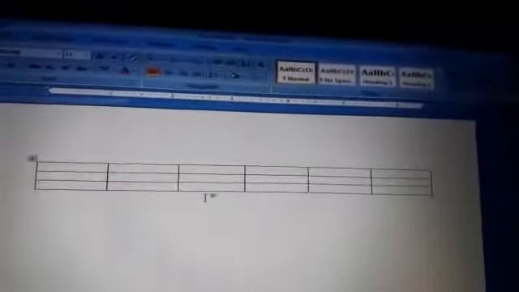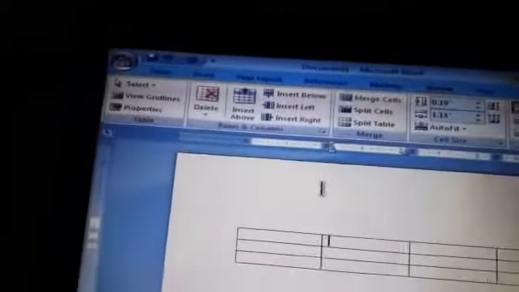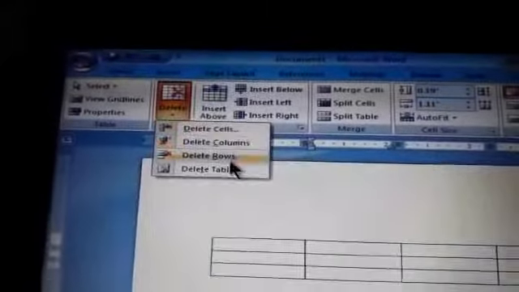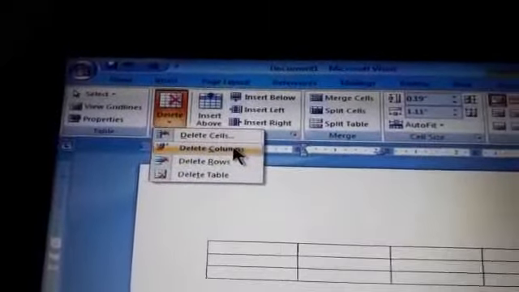Now we can delete our row and column in the same way. First I will keep the cursor in place. Now I will click on the layout tab and the delete option. See, 4 sub options appear: delete cell, delete column, delete row, delete table. Whatever we want to delete, we can select. See, now our 6th column is deleted, removed. Now again our table has only 5 columns. In this way you can delete the row also, or you can delete your entire table.